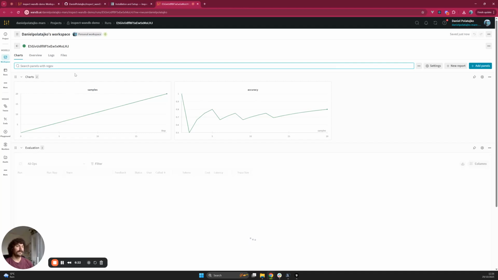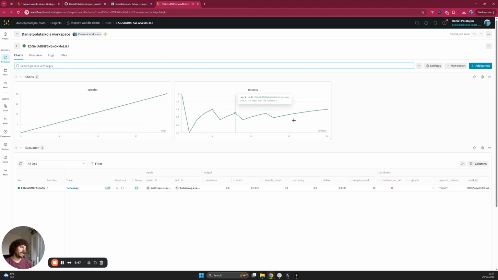So this is the Weights & Biases run for the Inspect eval that we just ran. You can see these charts which track the samples and accuracy over the course of the run. These charts at the moment are not terribly useful. This is something that we're planning to improve in the future and give you a little bit more flexibility over, but for now it's just going to log the number of samples and accuracy, if that's appropriate for the given evaluation